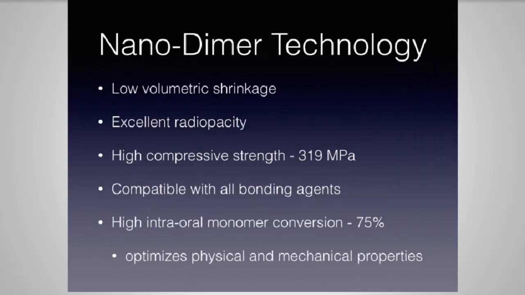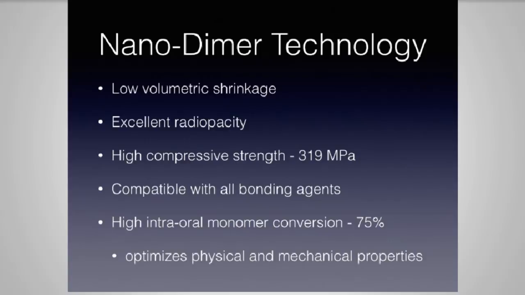The dimer technology in the Endurance will create lower volumetric shrinkage with incredibly great radiopacity, extraordinarily good compressive strength of 319 megapascals, and again, compatible with all your bonding agents. And it has a high intraoral monomer conversion rate of 75%. Now, this is very, very important. We're going to look at this a little bit more closely because this optimizes the physical and the mechanical properties,